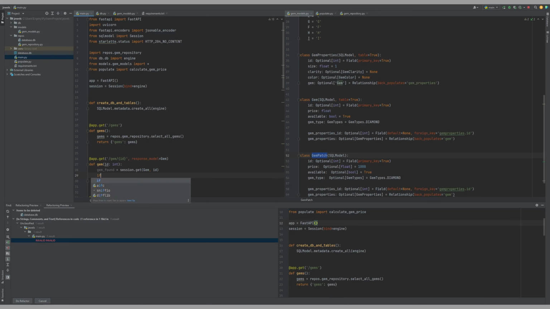And what if we don't find? If there is not any gem found, then we can return a JSON response that it's not found. So return JSON response